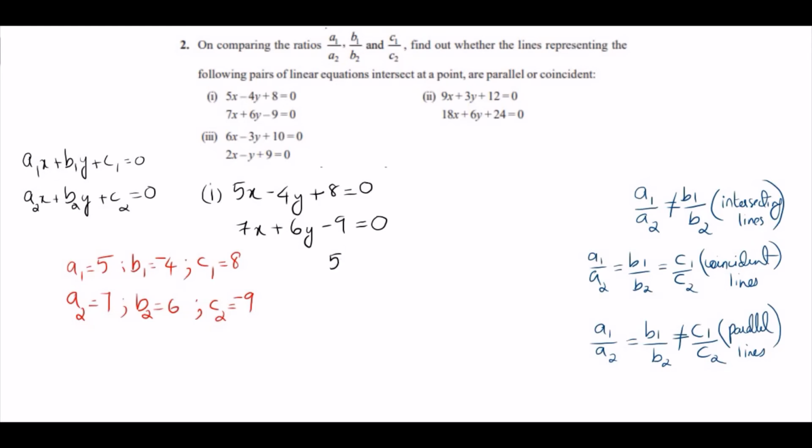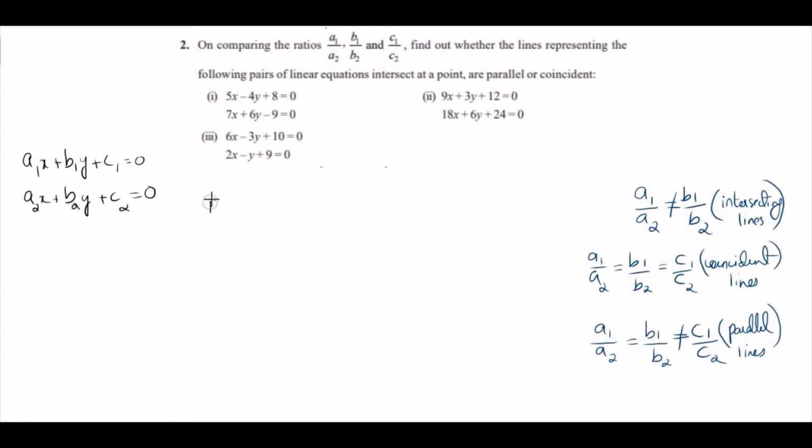That is, a1 by a2 is not equal to b1 by b2. So here you get intersecting lines. So when you compare, you get a1 by a2 not equal to b1 by b2. So what you have to check is, whenever you are writing the values for the coefficients, you have to take the sign along with it, because in the standard form, everywhere it is plus. So this b1, here when you compare, you can see this is of the form plus minus 4. That is, the b1 value is minus 4. So whenever you are taking the coefficients, you have to take the sign along with it from the equation. That is what you have to be careful about while doing this type of problems.